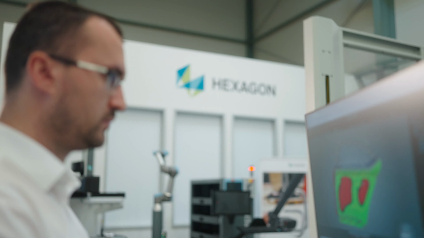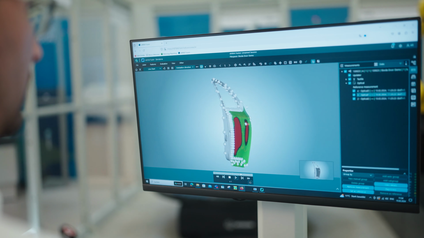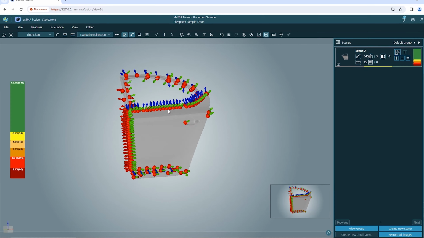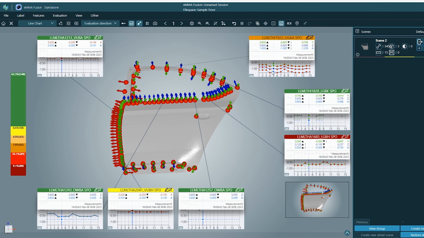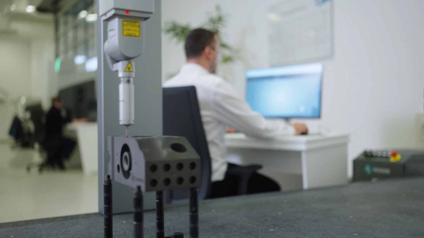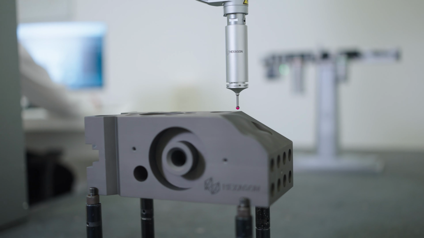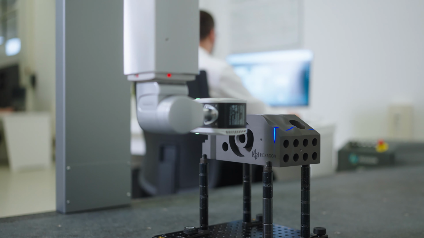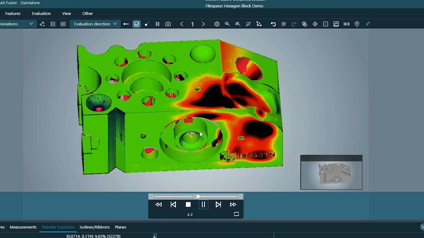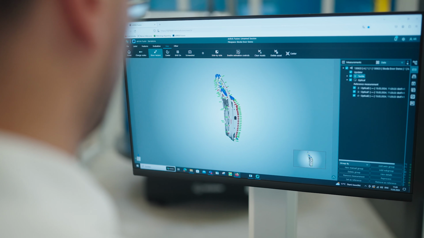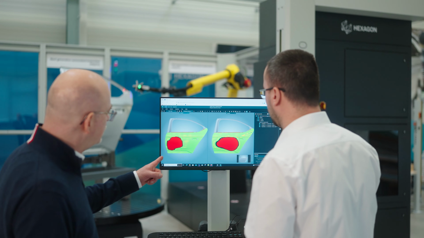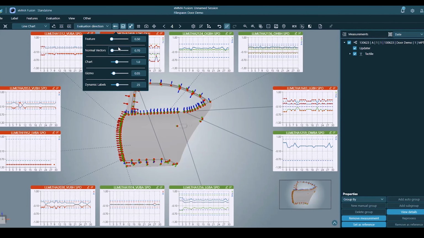Revolutionize your data exploration with eMMA Fusion, the newest browser-based 3D data analysis solution. eMMA Fusion helps you quickly identify problems in your production and reports directly in your browser and share them with your team. eMMA Fusion allows the analysis of tactile measurements and optical measurements at the same time or separately, and